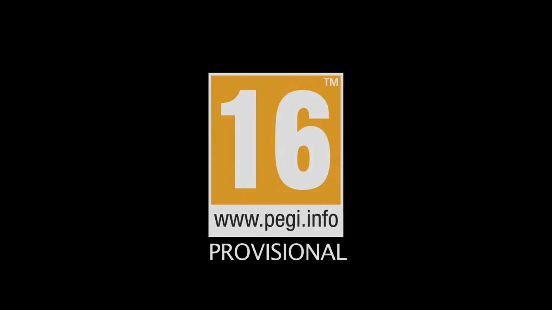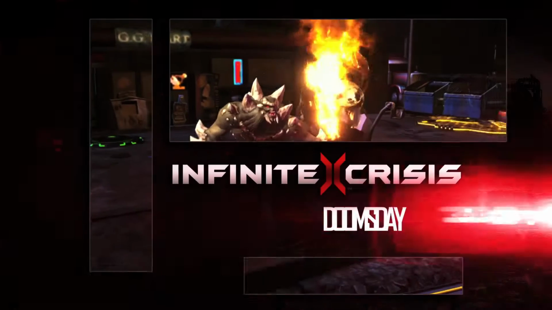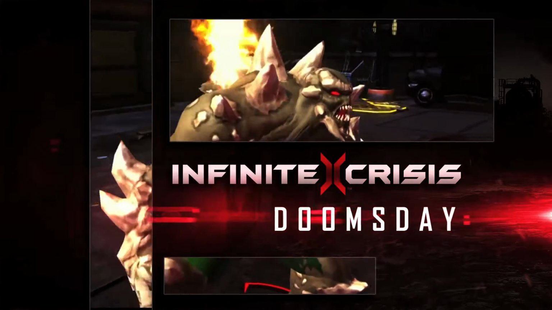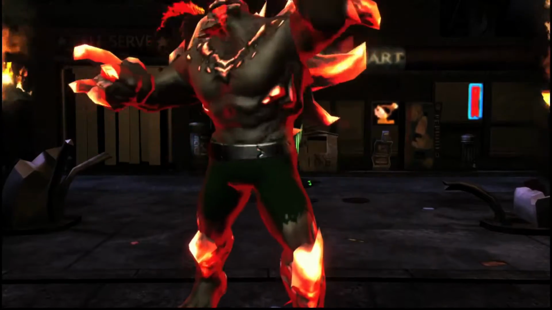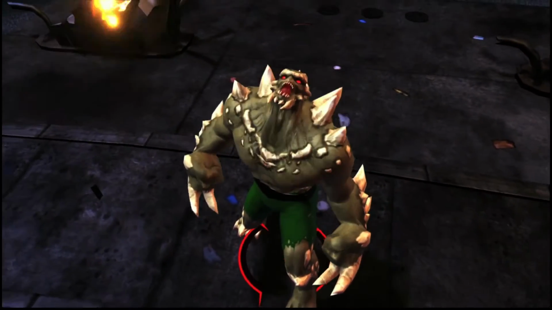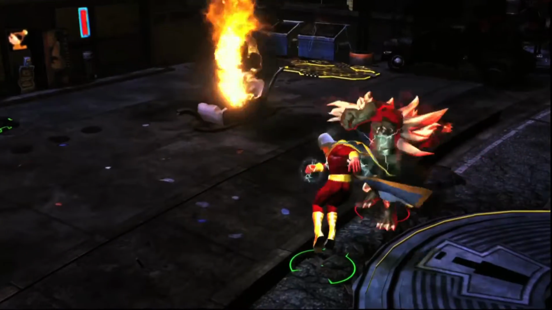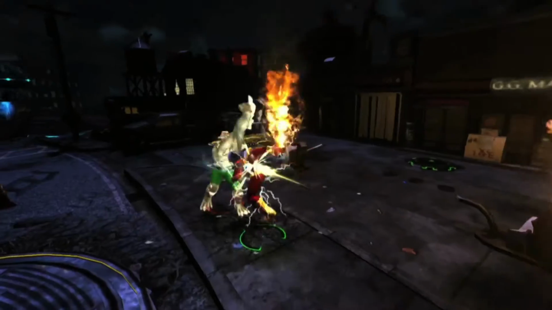Peggy 16. A monster created to become the ultimate life form. He endures death only to resurrect and evolve. A fearless brute, Doomsday destroys simply because he can. Doomsday is a melee bruiser who controls the front line of battle, slamming foes against the walls and into the